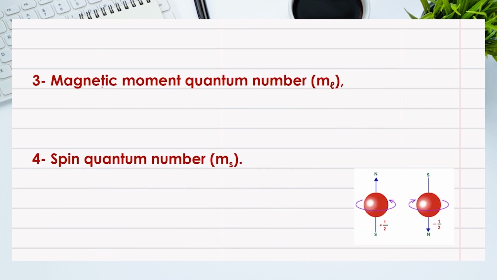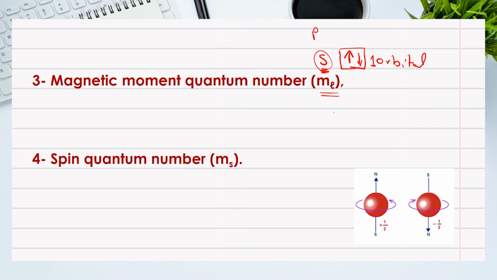Now moving to the magnetic momentum quantum number. This magnetic quantum number gives us the number of orbitals in each subshell. So each subshell consists of smaller sections. We call them orbitals. Those orbitals are where there is a probability of finding an electron around the nucleus. For example, if we look at the S subshell, it has one single orbital, and this orbital can take up to 2 electrons,